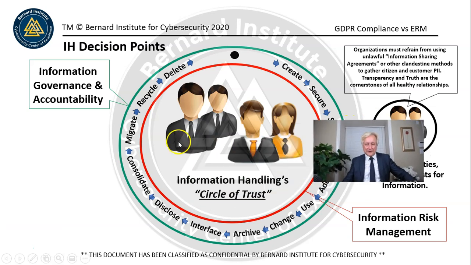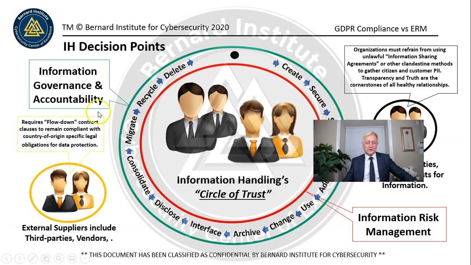And finally, on the circle of trust, flow down clauses. So supply chain was identified. It's definitely been highlighted by the NIST cybersecurity framework as a big issue. We're seeing it today. We have an election going on with the U.S. presidency, and we're seeing a supply chain problem with the type of business software that's being used and who's counting the votes, and that sort of stuff is happening. Well, that's just an example of how a supply chain can break down.